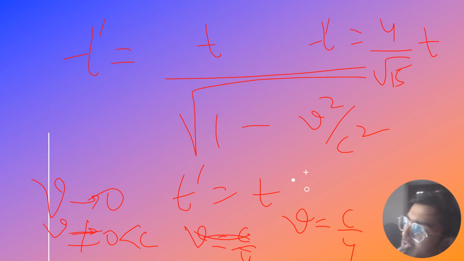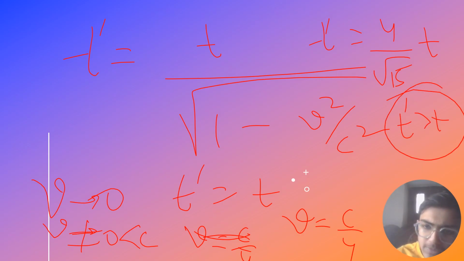Nearly, you say, this t dash will be greater than t, simply. Then what is time dilation actually? When this t dash is greater than t, that particular clock which we are concerned with, so this t dash is greater, it means that time dilation means actually that